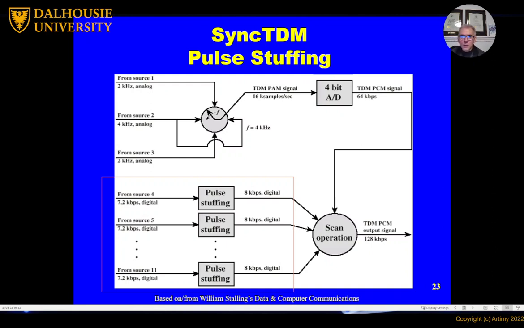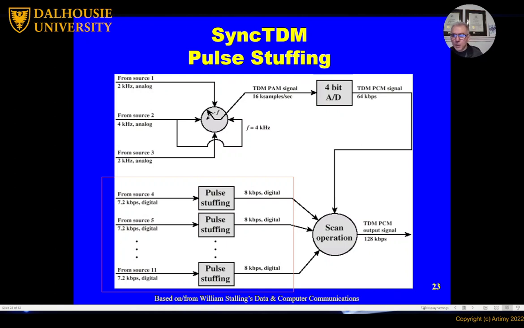So what we do is put pulse stuffing. So we add data. This is what I mean. We add fake numbers so that the 7.2 becomes 8. Instead of 7.2 kilobits per second it becomes 8. So we add 0.8 kilobits per second. So now we have 8 by 8